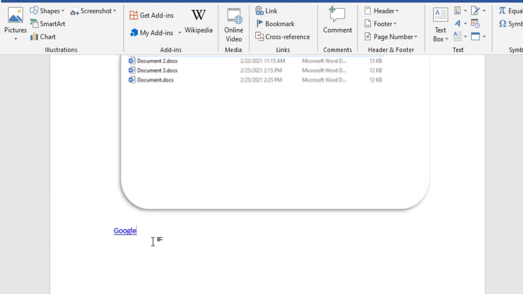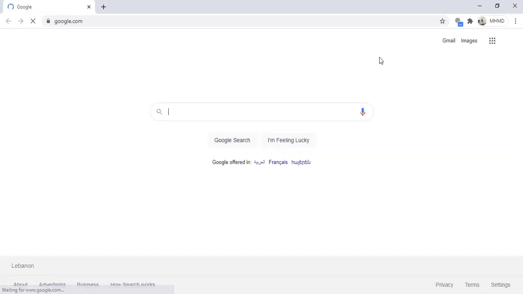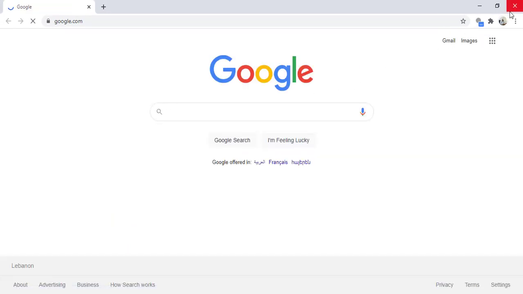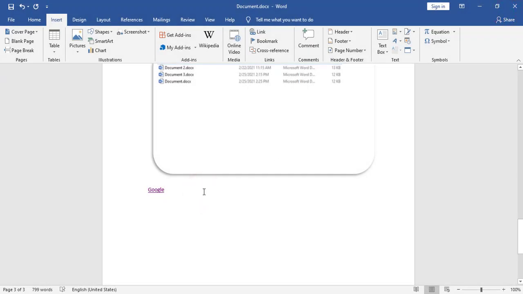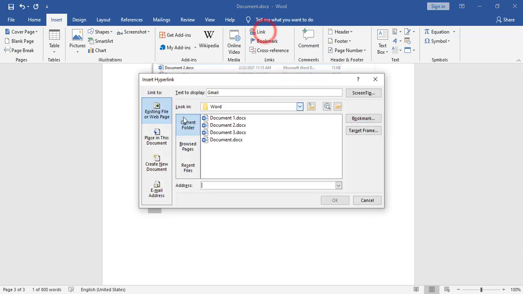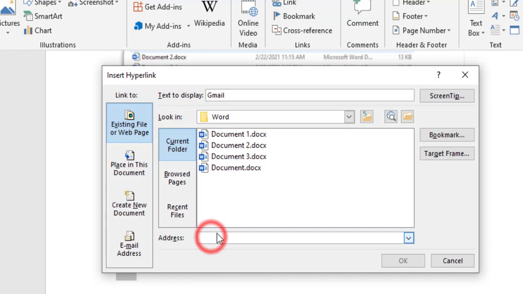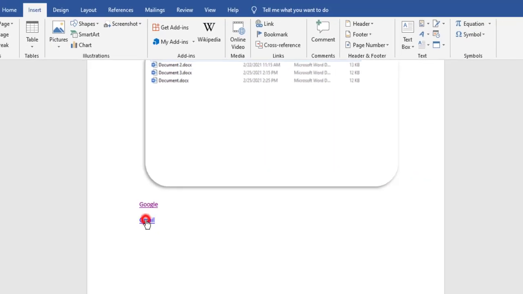Now, if I press Ctrl on the keyboard and click, it will open the Google page for me. So let's try another link. For example, I will add a link that goes to gmail.com. I will type Gmail, then from Insert, Link, Existing File or Web Page, I will type here gmail.com. Now if I click on Gmail, it will open